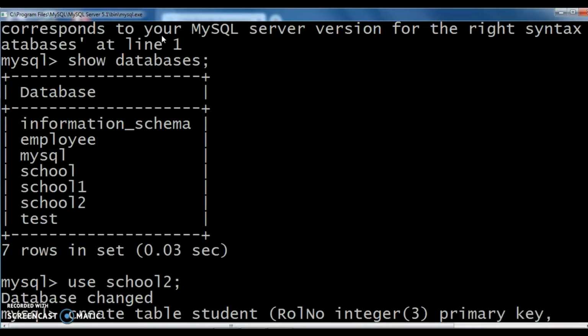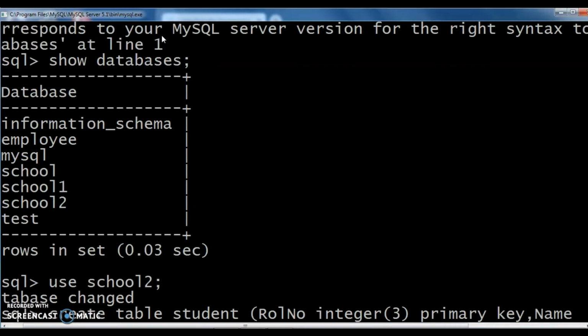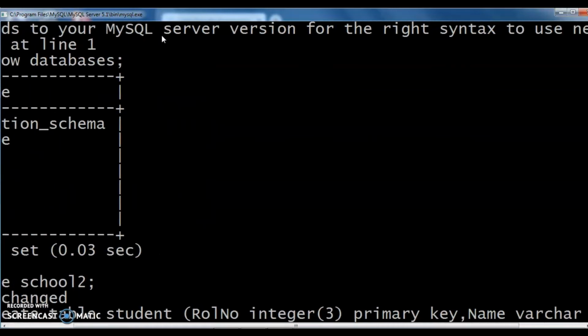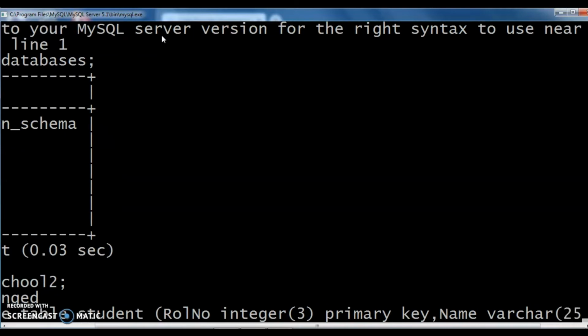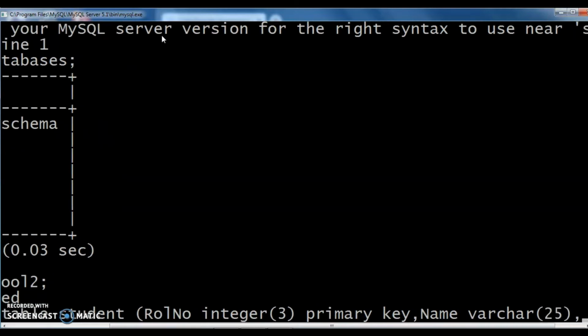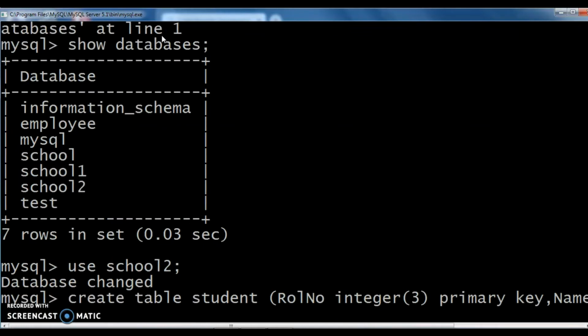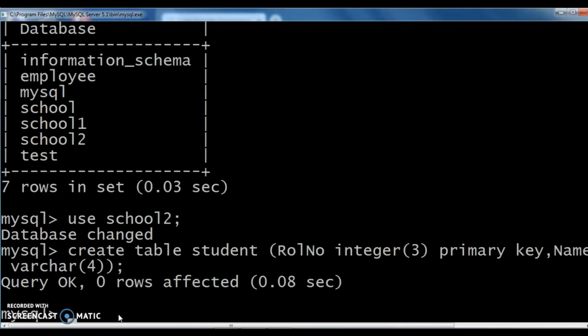Then put comma, name, varchar of 25, comma, class, varchar of 4. Close this parenthesis, put the semicolon. We created the table student.